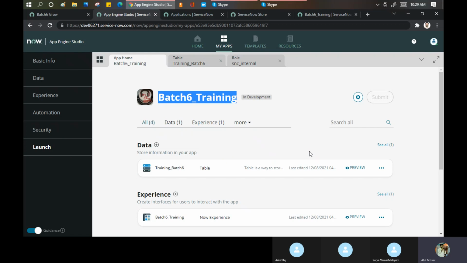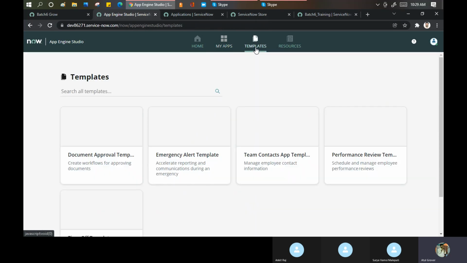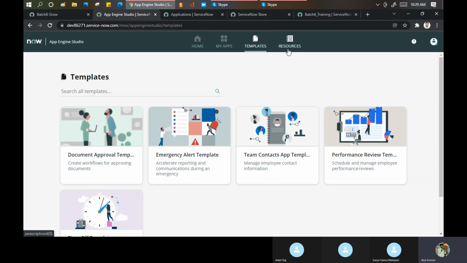For that, you have to buy the instance from ServiceNow. Then you will get the proper host as well. And then you can host and it will be available for you. So this is the way that we do this particular application scoping part here. Now, any doubt, any question? Anyone?